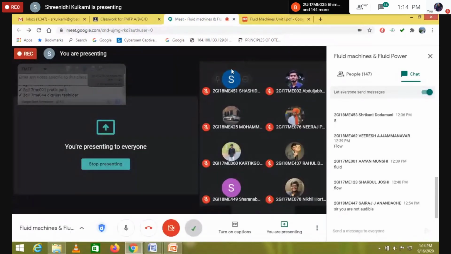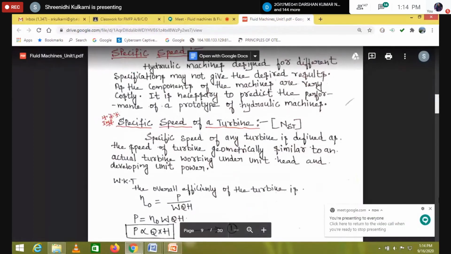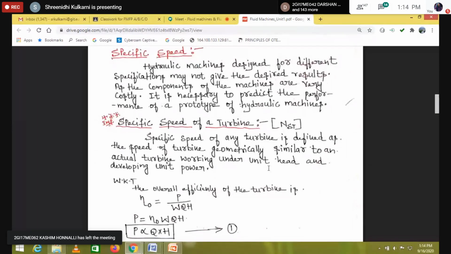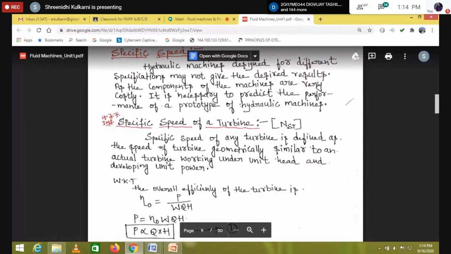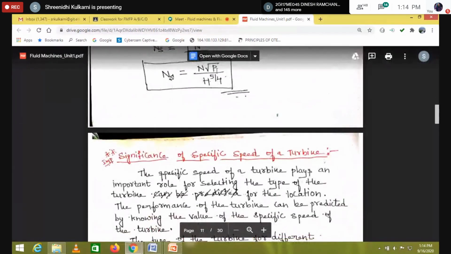I think there is no doubt in the definition. Okay. Why is it dimensionless, sir? Like it should have some speed value. No? Okay, see, it is not a speed, it is a specific speed, because once I derived this equation, then you tell whether it is a dimension or it is dimensionless.